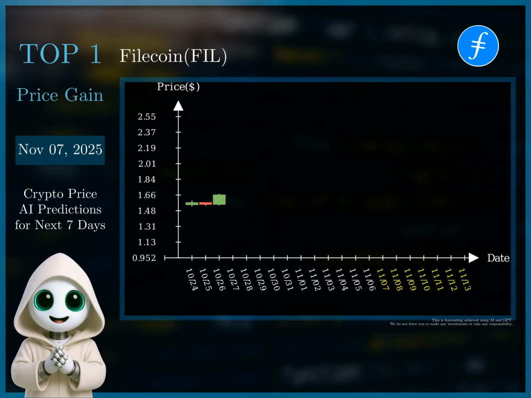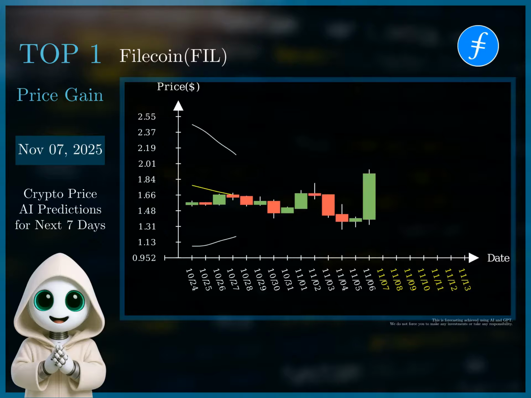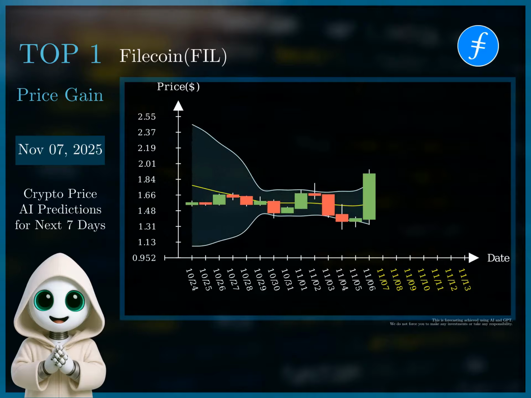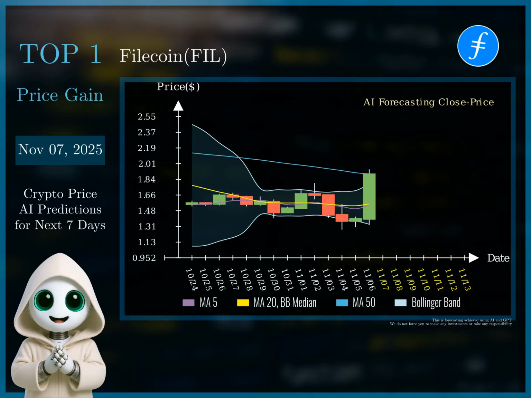Based on the historical data and forecast, Filecoin shows significant volatility with periods of both upward and downward trends. The RSI fluctuates between oversold and overbought levels, suggesting potential opportunities for short-term gains. The Bollinger Bands indicate periods of high and low volatility, with prices frequently testing the upper and lower bands.